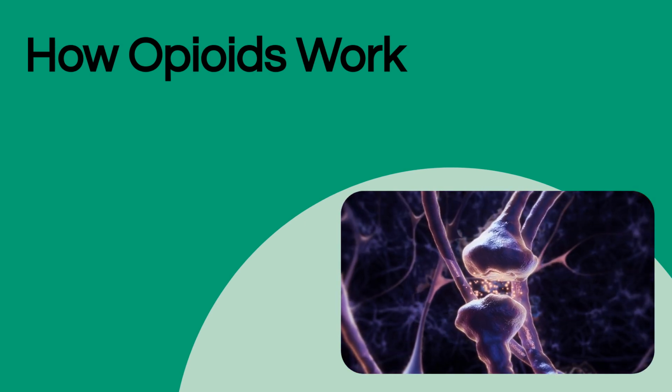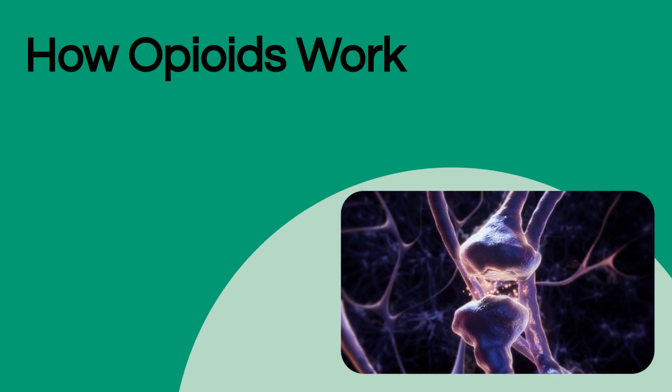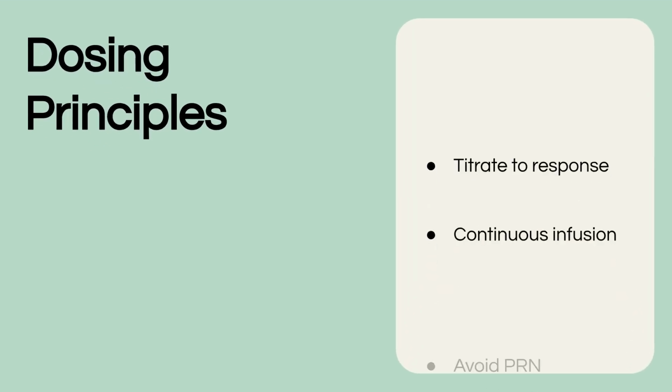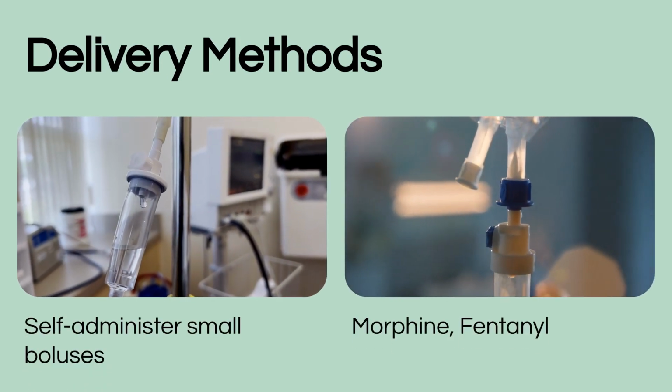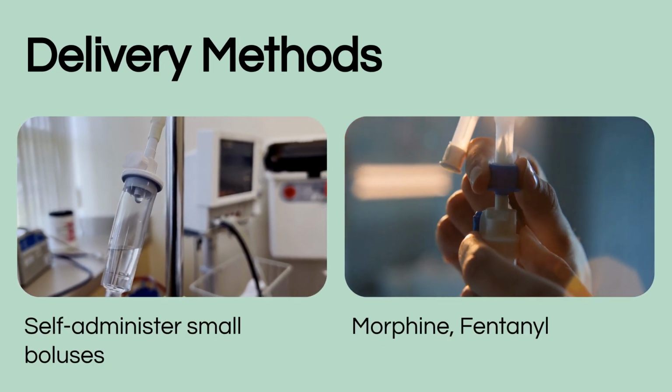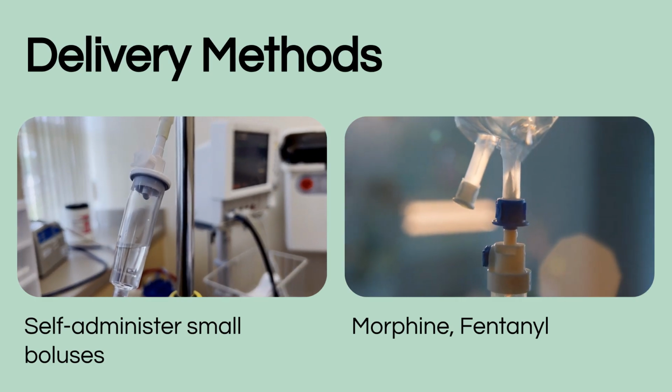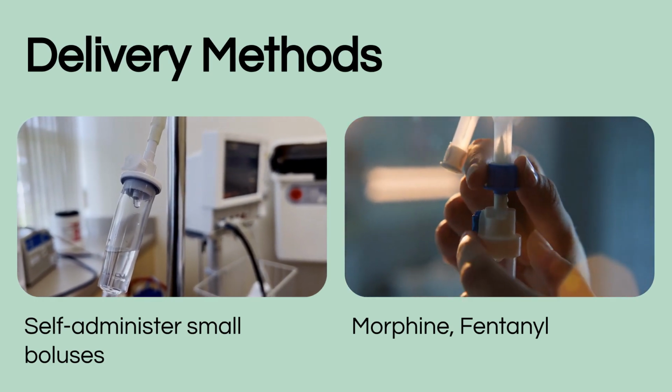They are most effective for dull pain, but less so for neuropathic pain. Doses must be titrated to the patient's individual response. Continuous infusion or scheduled doses are preferred over intermittent, as-needed administration to ensure adequate control. Common delivery methods include intravenous administration with agents like morphine and fentanyl, and patient-controlled analgesia, which allows patients to self-administer